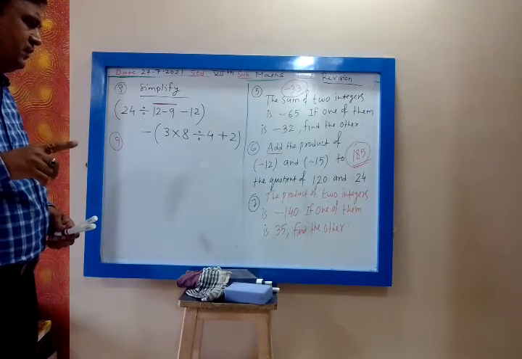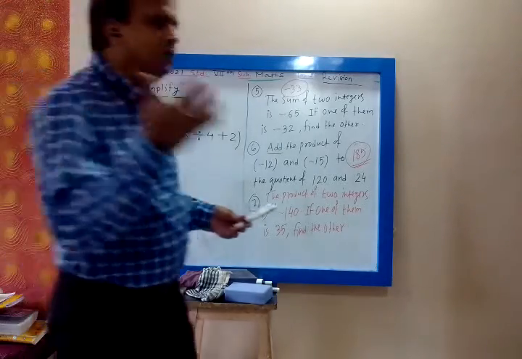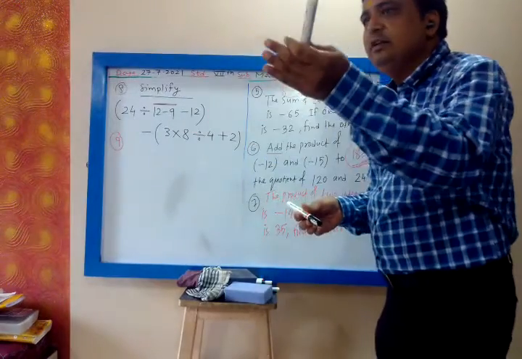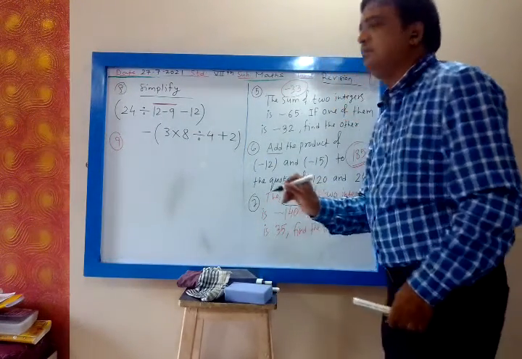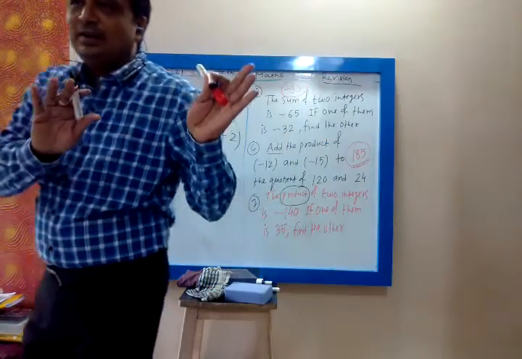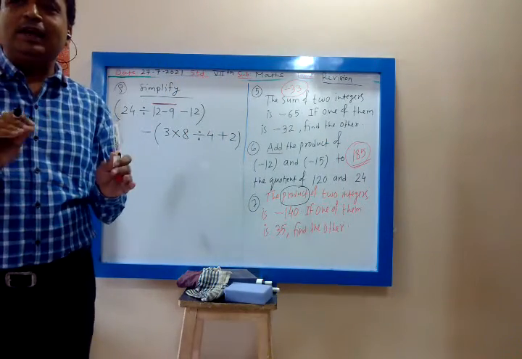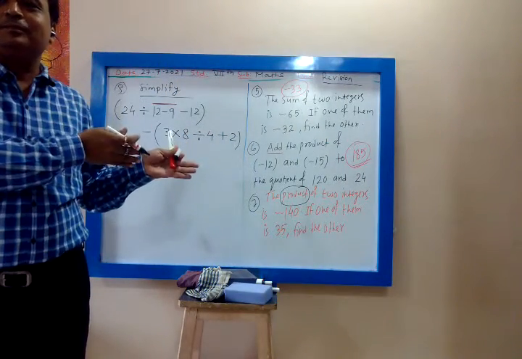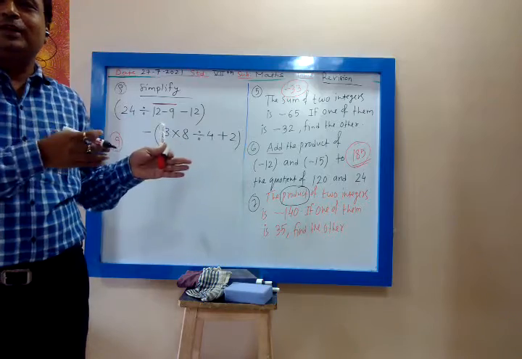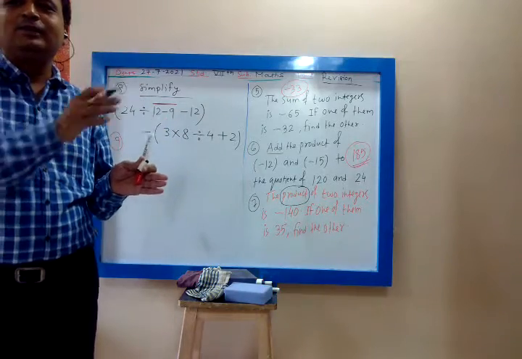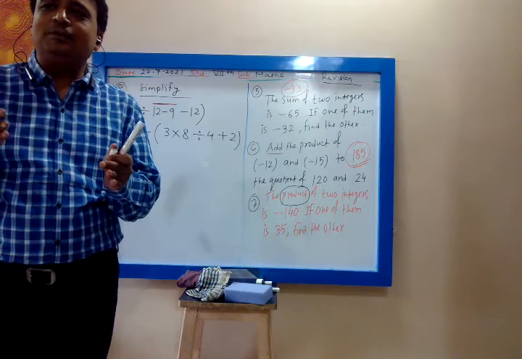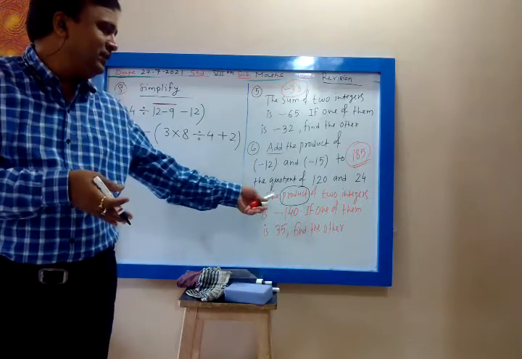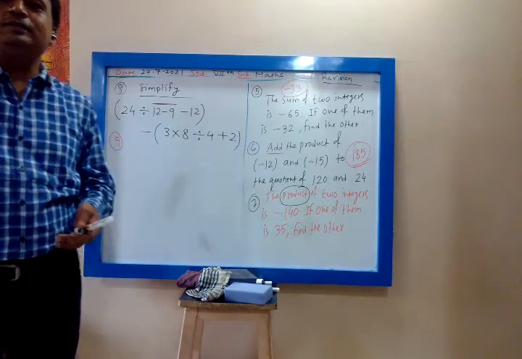Which answer? My dear, you are telling me 105, but see, this is a product. Product means multiplication, not sum. You are telling the answer based on doing a sum, but in the question it is product. So your answer 105 is based on sum, but the answer will be different.